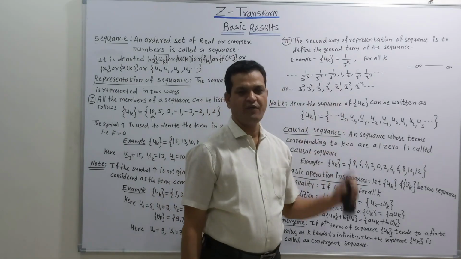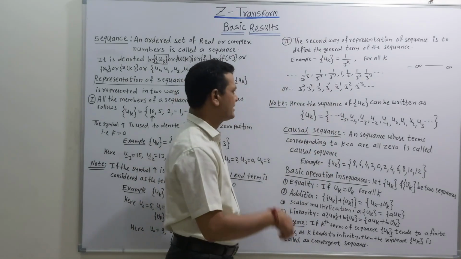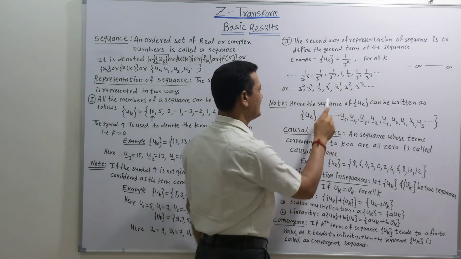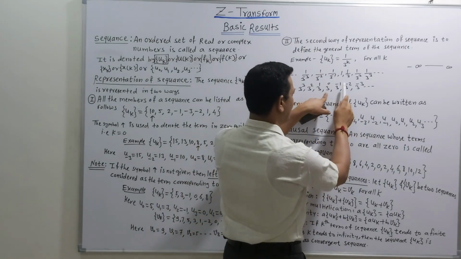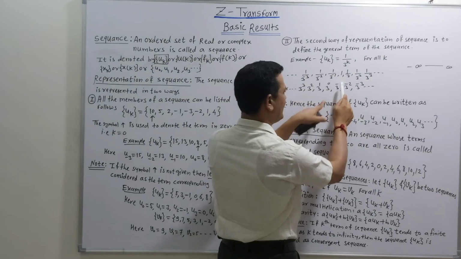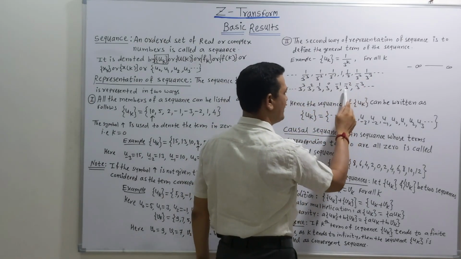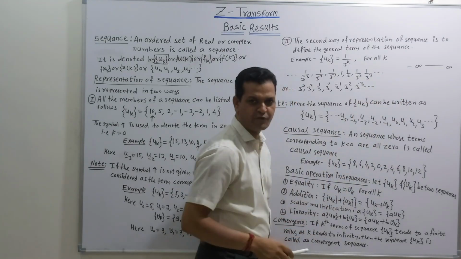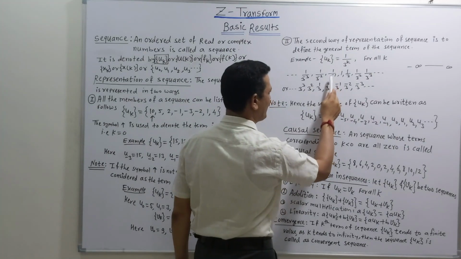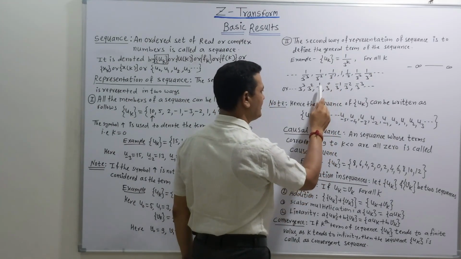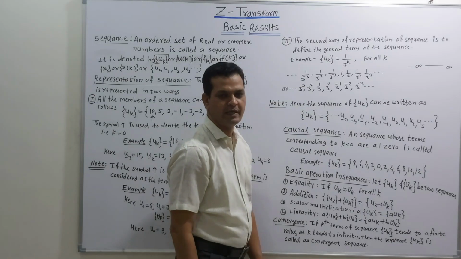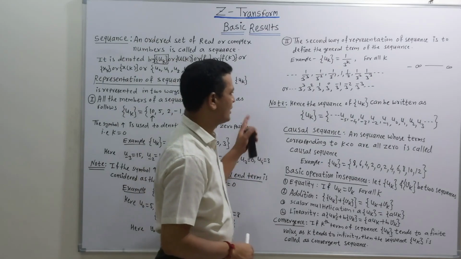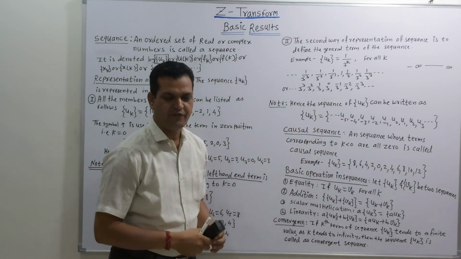So this is one way of representing this sequence, or some people may write the sequence as follows. This is 1, that means 3 raised to 0. Then 1 upon 3 means 3 raised to -1, 1 upon 3 square means 3 raised to -2, 1 upon 3 cube means 3 raised to -3 and so on up to infinity. Similarly on this side, 1 upon 3 raised to -1 becomes 3 raised to +1 after taking it into the numerator. Similarly, this is 3 square, this is 3 cube and so on. So this is the second way of representation of a sequence.